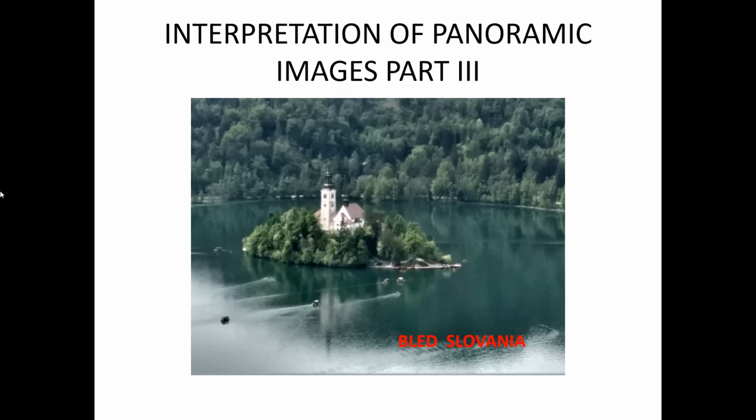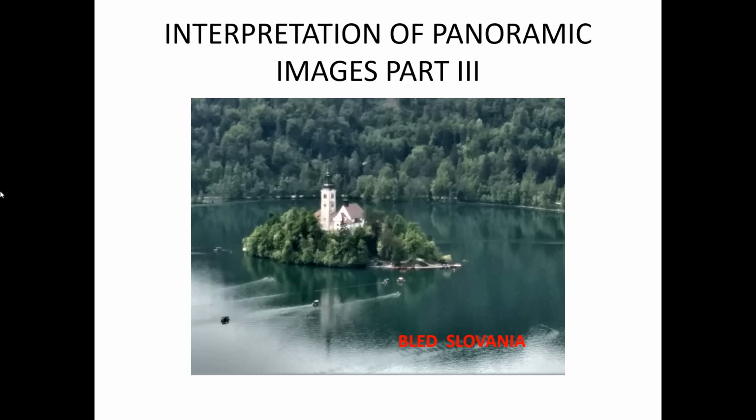This is the third and last part of interpretation of panoramic images. This part is important as I am discussing ghost images, double images and artifacts. As we see the images, I will try to explain how it happens. Many of these superimpose on normal anatomic structures and make them difficult to interpret.